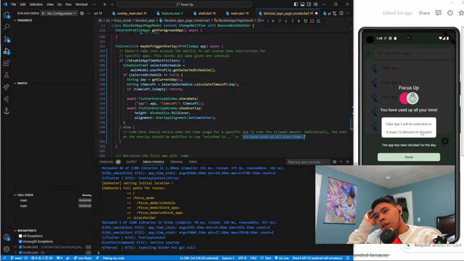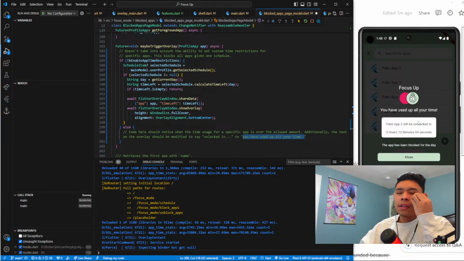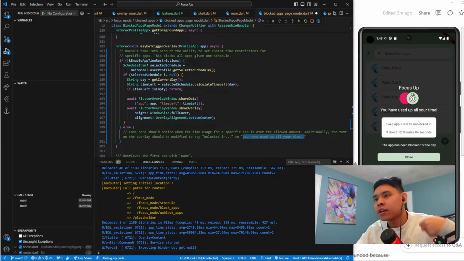Pretty much there's no point in saying that these two statements are wrong, because it says you've used up all your time, but if we go by a schedule, then they haven't used up all their time. It would still be that they're blocked. So it should say